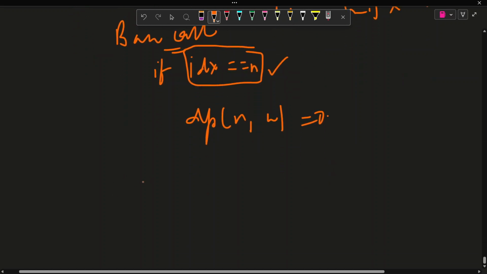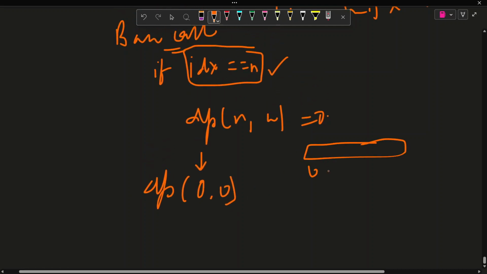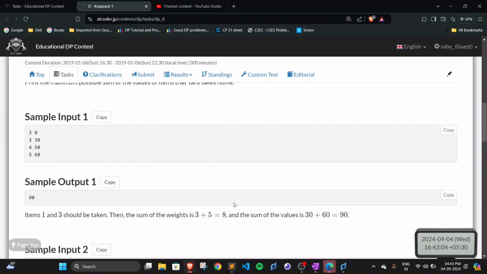So the final subproblem will be dp of 0 comma 0, because initially I am at the first index and I need to consider the whole array from the 0 to n minus 1 interval, and I haven't taken any kind of weight up till now. So this dp of 0 comma 0 will give me the final subproblem answer. Let's